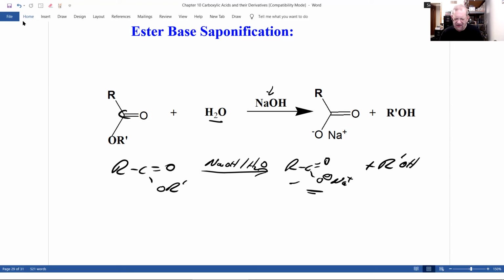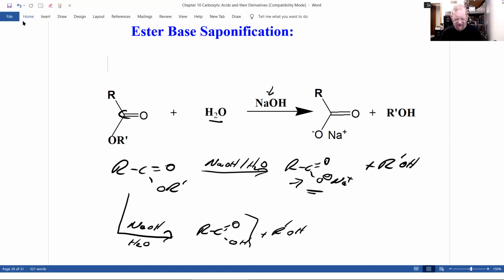Why do you get the carboxylate anion? Well, let's take a look at this reaction. What I'm going to write now, you don't have to ever know, but this will give you an understanding of what's happening. Now, when you have hydrolysis of an ester, you'll get back the carboxylic acid and the alcohol you would have used to make that ester. However, this can't be isolated. That's why it's in brackets, because as soon as you make this, remember the reaction I taught you earlier,